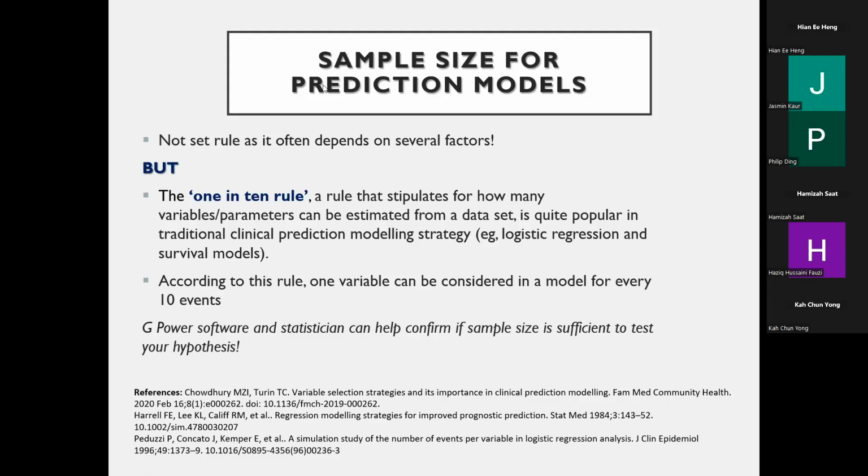Predictive models, right? Because you're looking at what are the factors in your two groups. So you actually need one for every variable. You need 10 events, which means 10 subjects, which is 10 people. And so you need to figure out how many factors you are looking at. That means your T stage, your N, your M, and then your other things like recurrence, all of those factors, each of it should be one, right? And then each of it, so like the 4 which I named, already 40, you need 40.